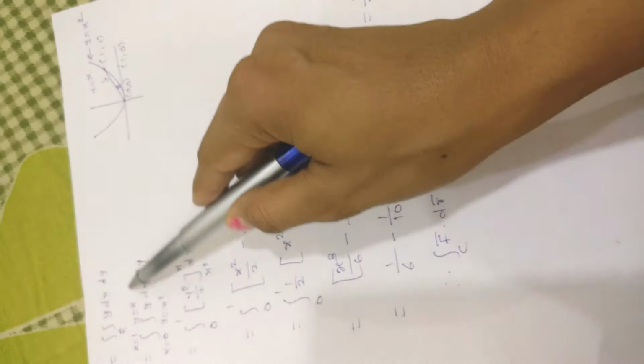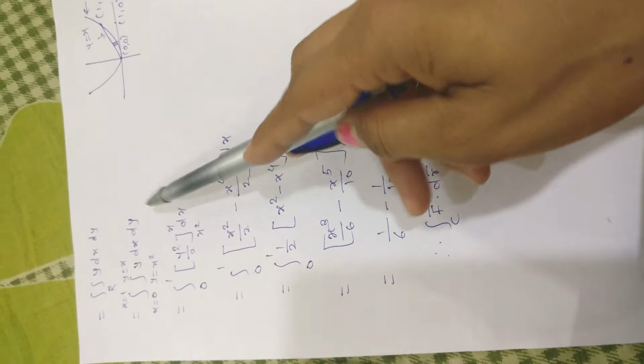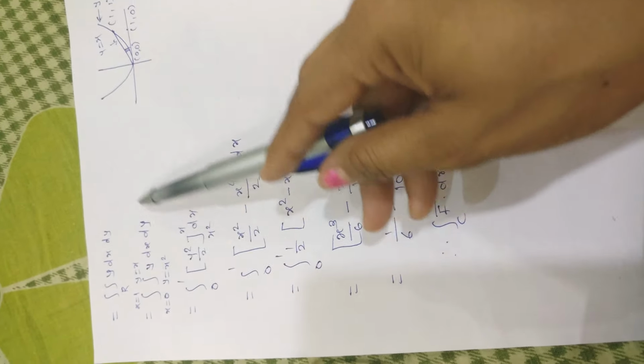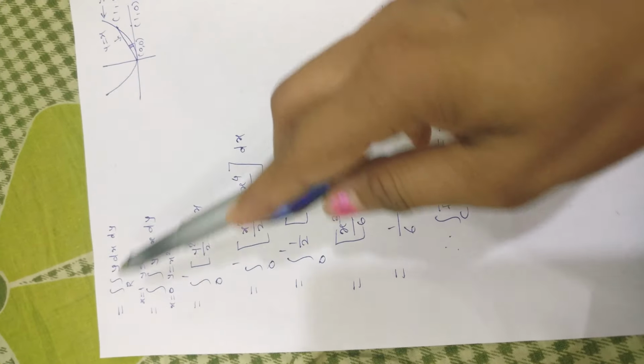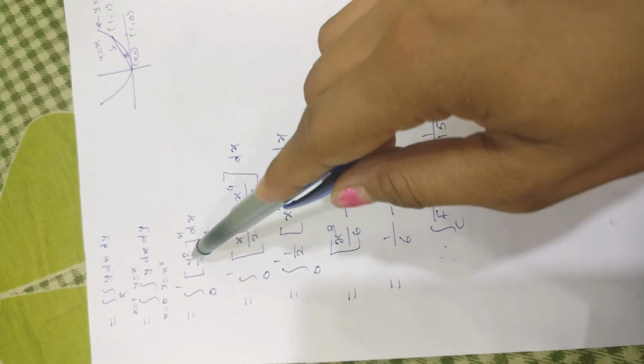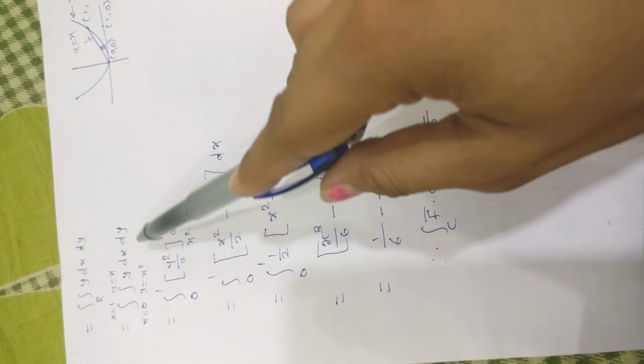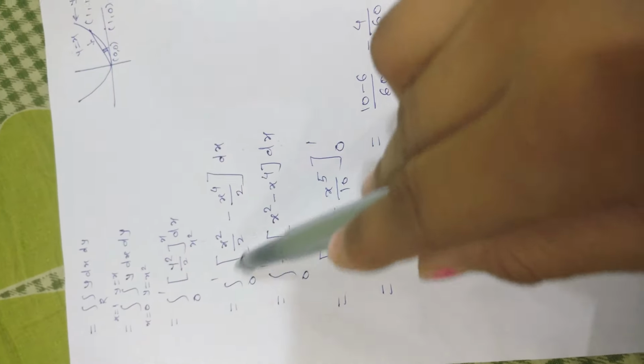So y equal to x is the upper limit here. First we integrate y with respect to y, so we get y²/2, with upper and lower limits x and x², dx. So integration